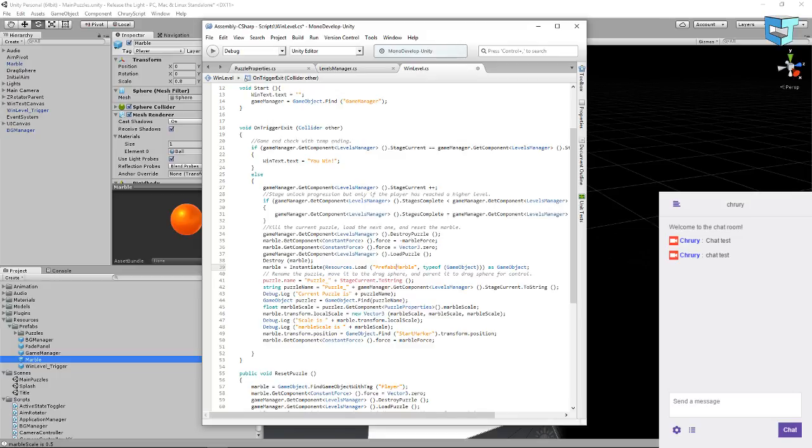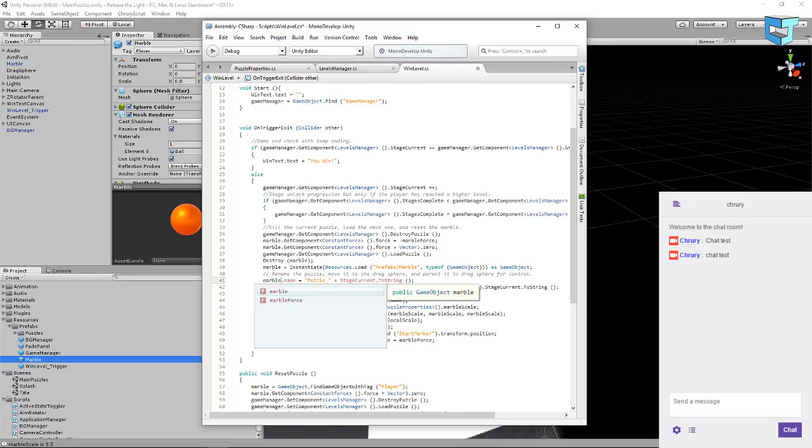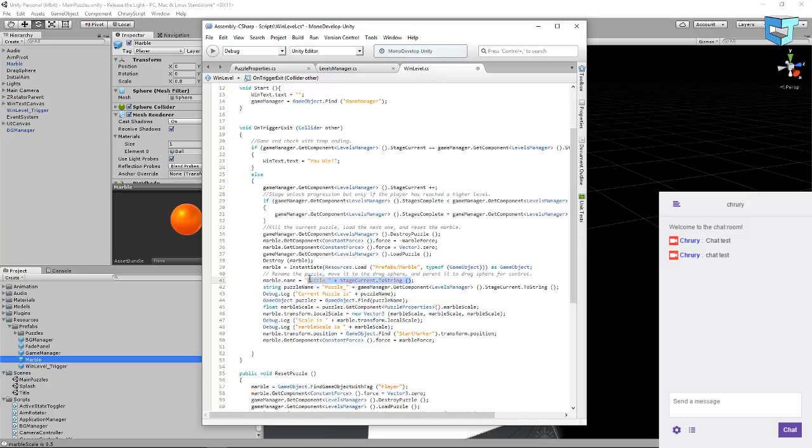Oops, I need my slash marble. Okay, type of game object as game object. And then I need to make sure that marble.name is marble, because when you instantiate things, it calls them copy of or something. I don't know why, but this is just an extra little thing. So now it instantiates it,